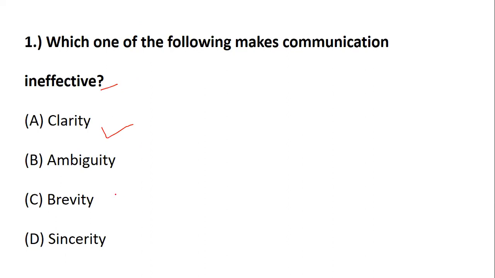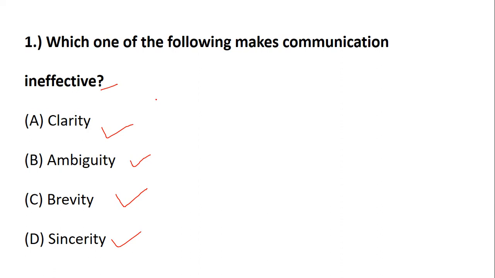If you have studied features of communication, characteristics of communication, you find all this over there. What do you mean by clarity, which gives a clear idea, right? Ambiguity, which has a dual, contrast mindset. Brevity, which is concise, up to the point. Sincerity, it is an approach where the message is correct and has all the details which are required. So, from the options given below, which makes the communication ineffective?